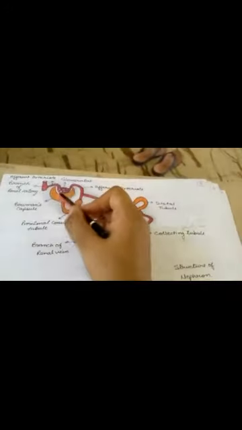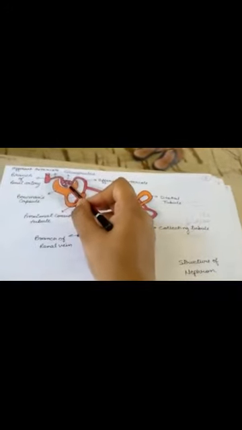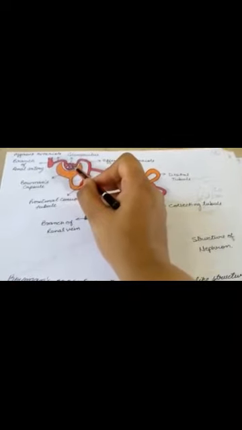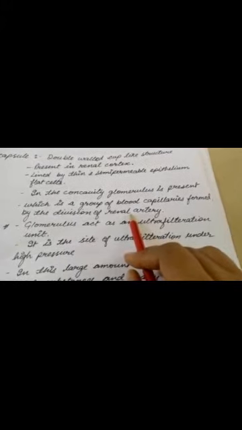Next thing, in the concavity, glomerulus is present. This is the concavity where the bunch, or we can say a coiled structure, is present, which is made up of a branch of renal artery, and this is known as glomerulus. Glomerulus is a group of blood capillaries formed by the division of renal artery. Renal artery divides several times and forms a group of blood capillaries which form the glomerulus.